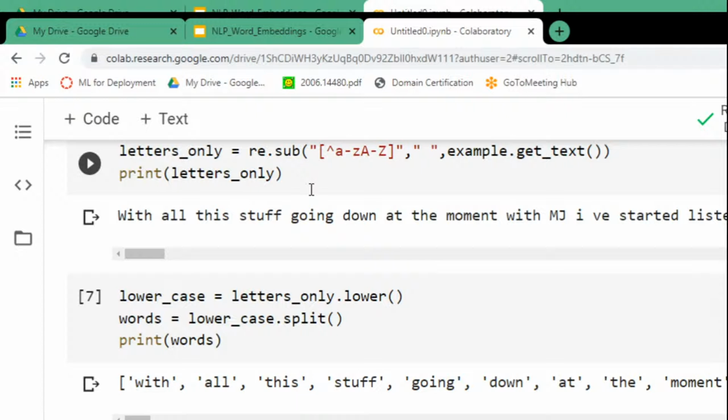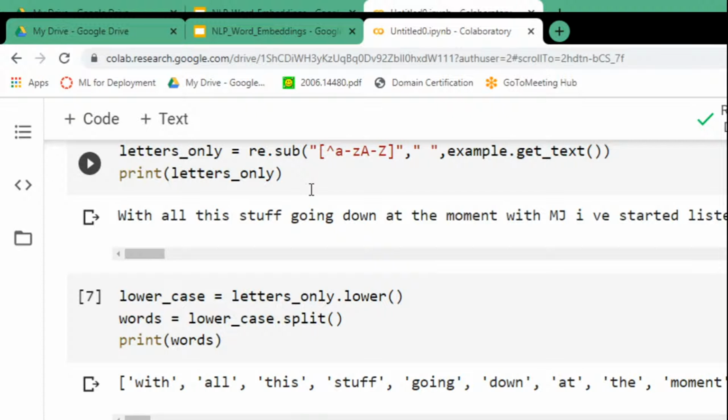So we are going to download these stop words, and then we're going to assign a variable stop underscore words equals to NLTK dot corpus dot stop words,